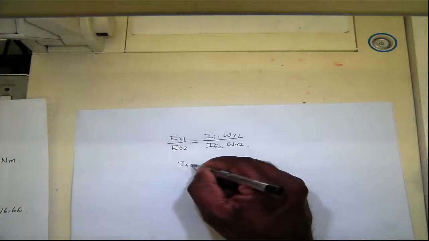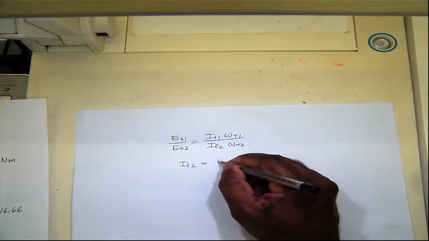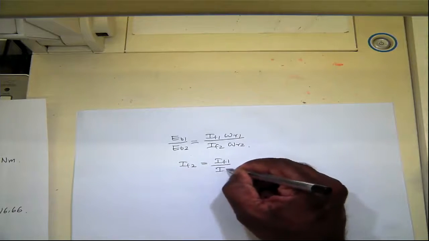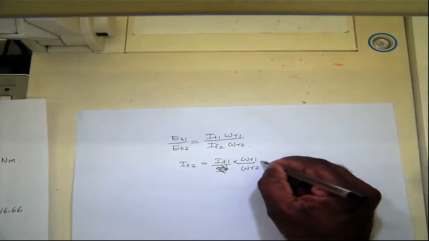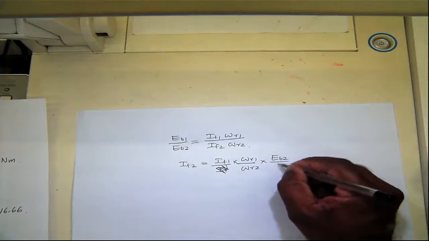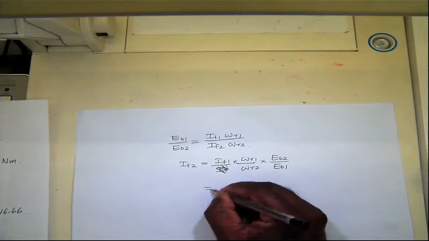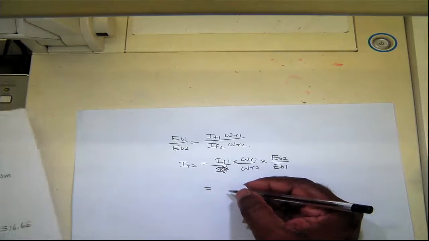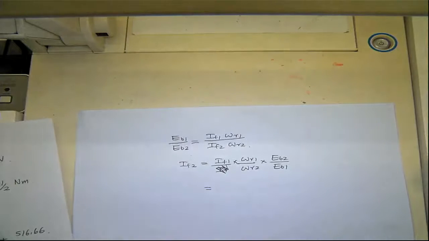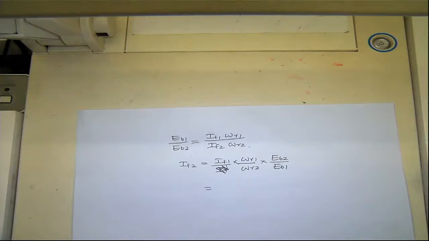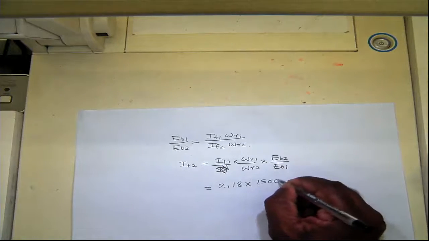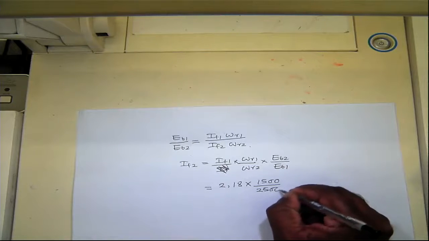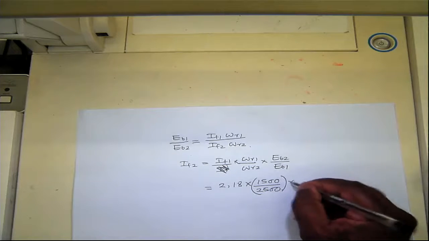So IF2 will be, sorry, IF1 times EB2 over EB1, and IF1 was from the previous question. So rated conditions, this is 2.18 and this is 1,500 over 2,500